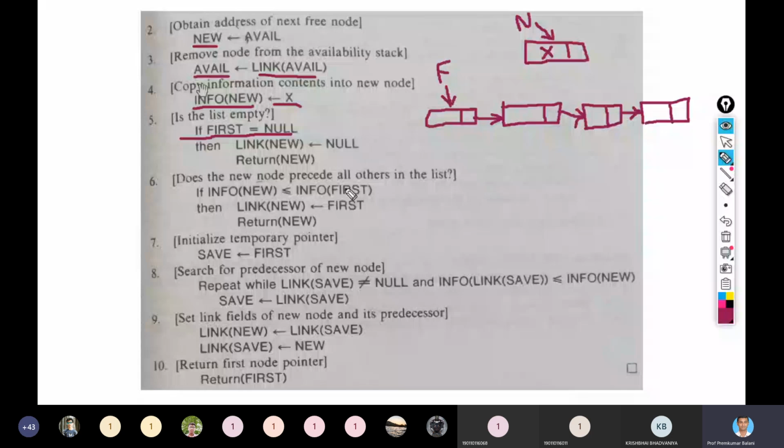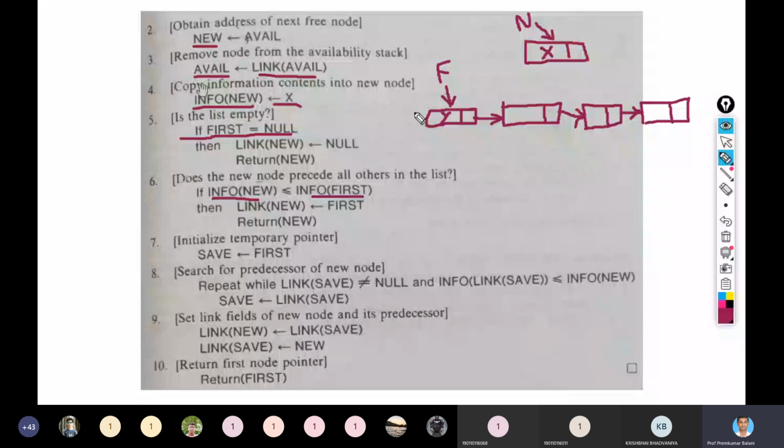And now in this first case, if the information part of the new node is less than the information part of first, suppose this is y, if x is less than y, that means this node should be inserted as the first node of this list.